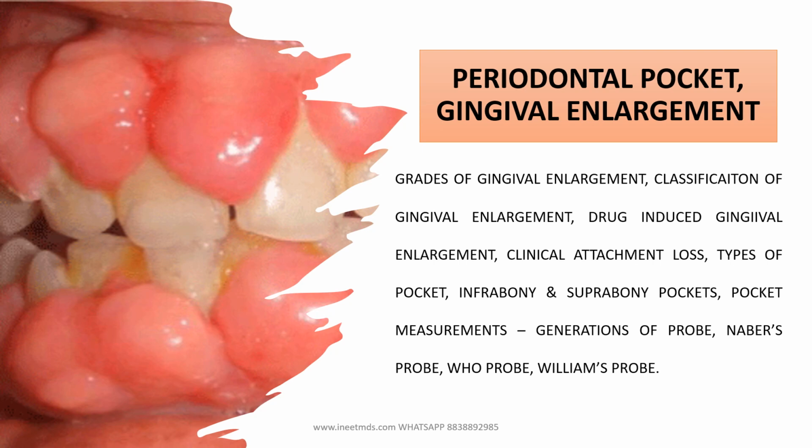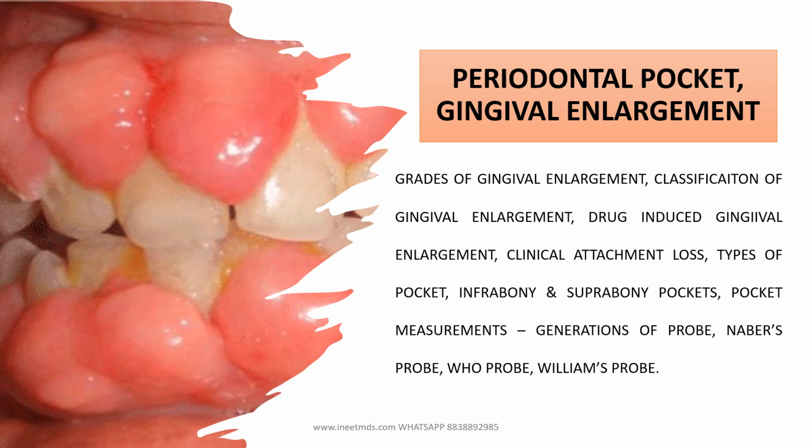First one, periodontal pocket and gingival enlargement. Under that, you have to go through the grades of gingival enlargement, the classification of gingival enlargement, especially the drug-induced gingival enlargement. You should know all the drug names and the alternate drugs. What is clinical attachment loss? Under clinical attachment loss, you should know the difference between a recession and a pocket and what you term